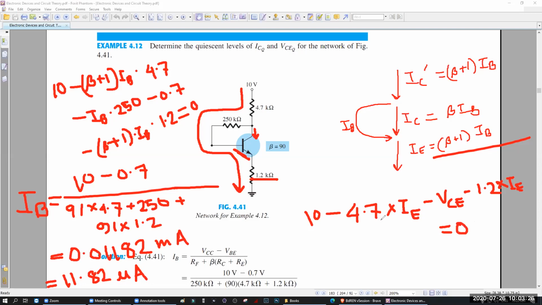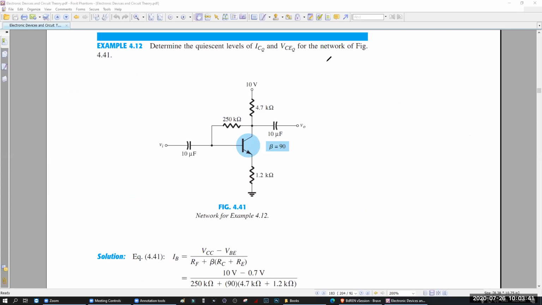Equal to 0. So from there, IE is known. Everything is known. Only unknown thing is VCE. Can you find out the value of VCE? This is pretty simple, right? Yes, sir. Okay. I believe you can do it. No problem. So that's all for